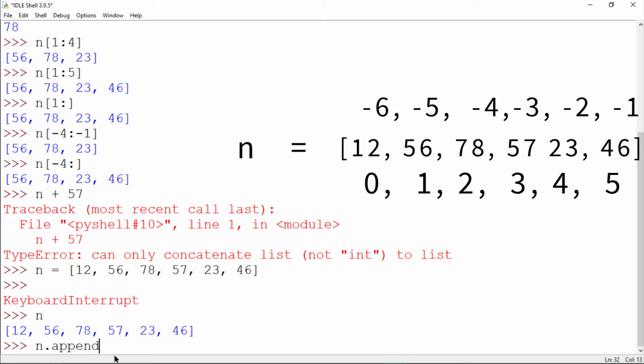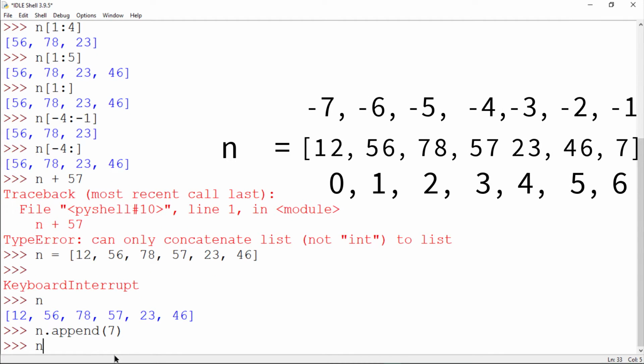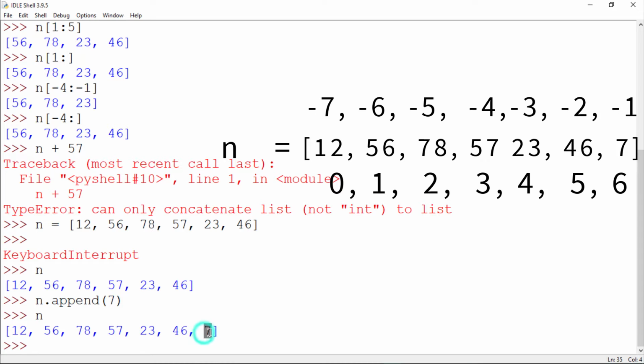Append means to add something in your list, add any component in your list. The components will be numbers in this list n. Now what you're going to do is add any component. Let's say round brackets and then type any number which you want. I want 7 in this case. Okay, let's see. Oh, it works, right? Let's see n, and it has printed at last. So if you do this operation multiple times, it will always print any number which you have typed in the round brackets at last.